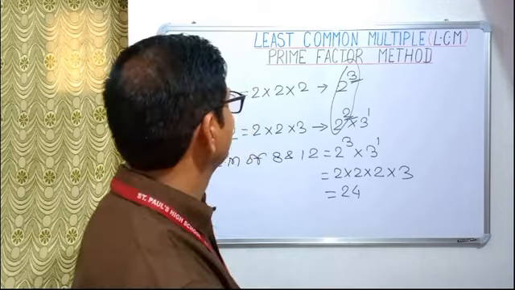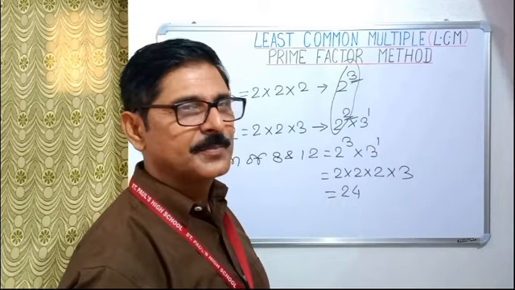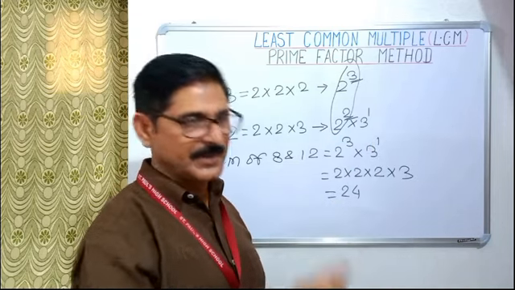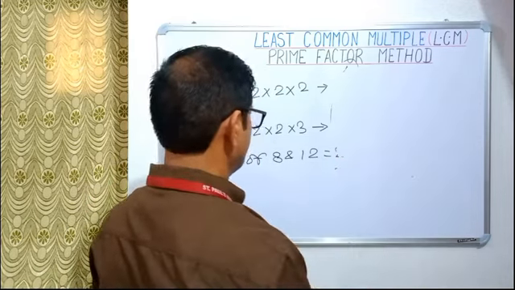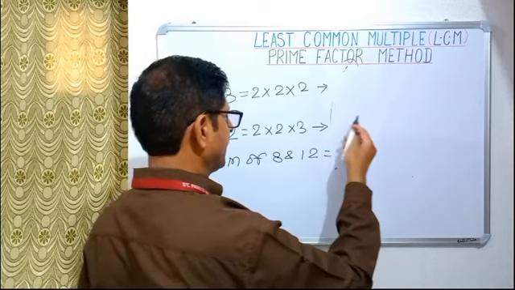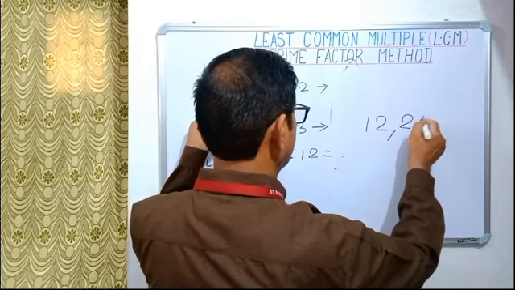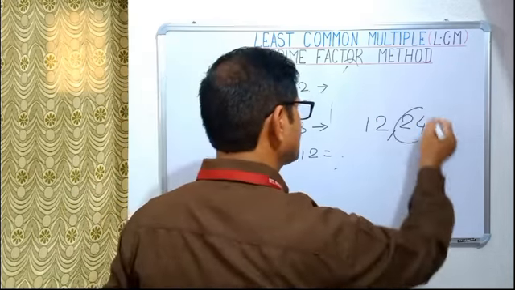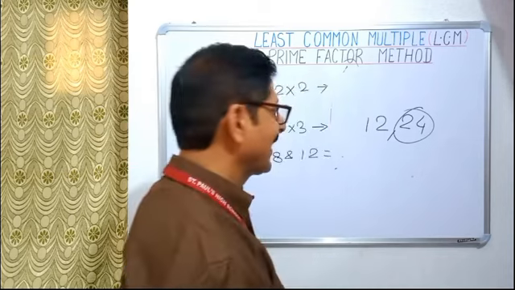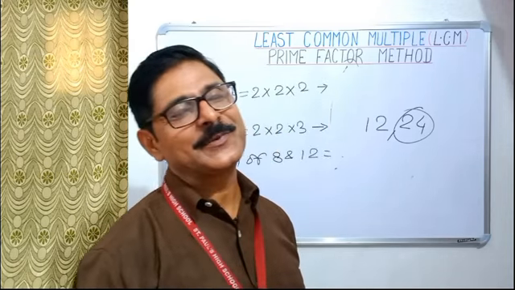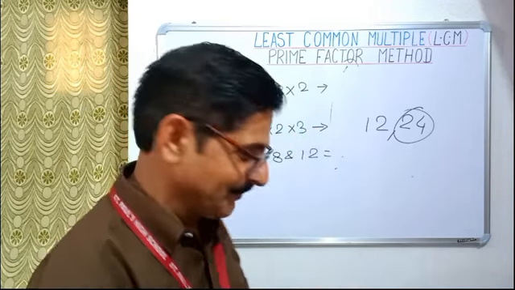Dear children, in our previous video we had learned to find the least common multiple by writing the multiples of the given numbers. You can check it using that way. You can see the multiples of the larger number 12. 12 is not divisible by 8. 12 twos are 24. 24 is divisible by 8. So of course 24 is the LCM of the given numbers, isn't it? If you learn to solve a particular problem in different ways, you will enjoy more and more.